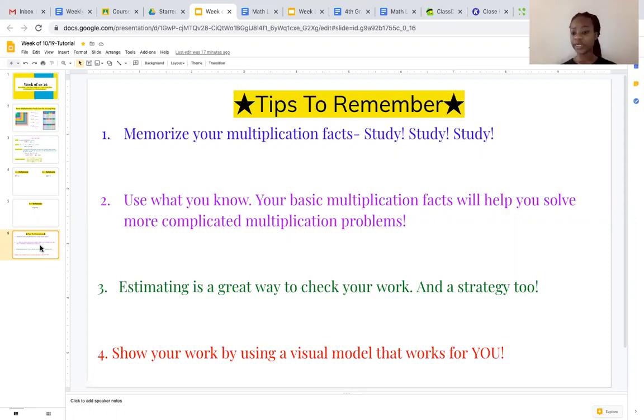Estimating, which we've been doing, is a fantastic way to check your work. And always show your work by using a visual model. So yes, even the standard algorithm or the area model, those we can see every part of the process. So show your work and use the strategy that works best for you, that you understand